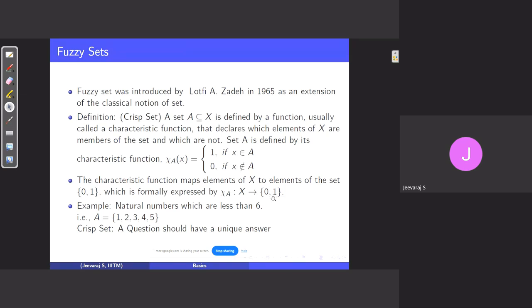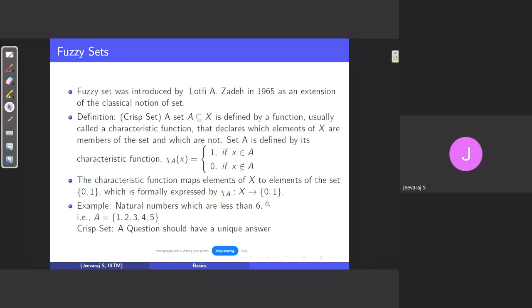Now the question is, instead of two-valued logic, why should I need to increase the logic? Instead of two-valued functions, why do I need to consider multivalued functions? In what way does it improve the scenario, or in what way can it improve the mathematical modeling? That is the question. We need to answer this question first of all. See,